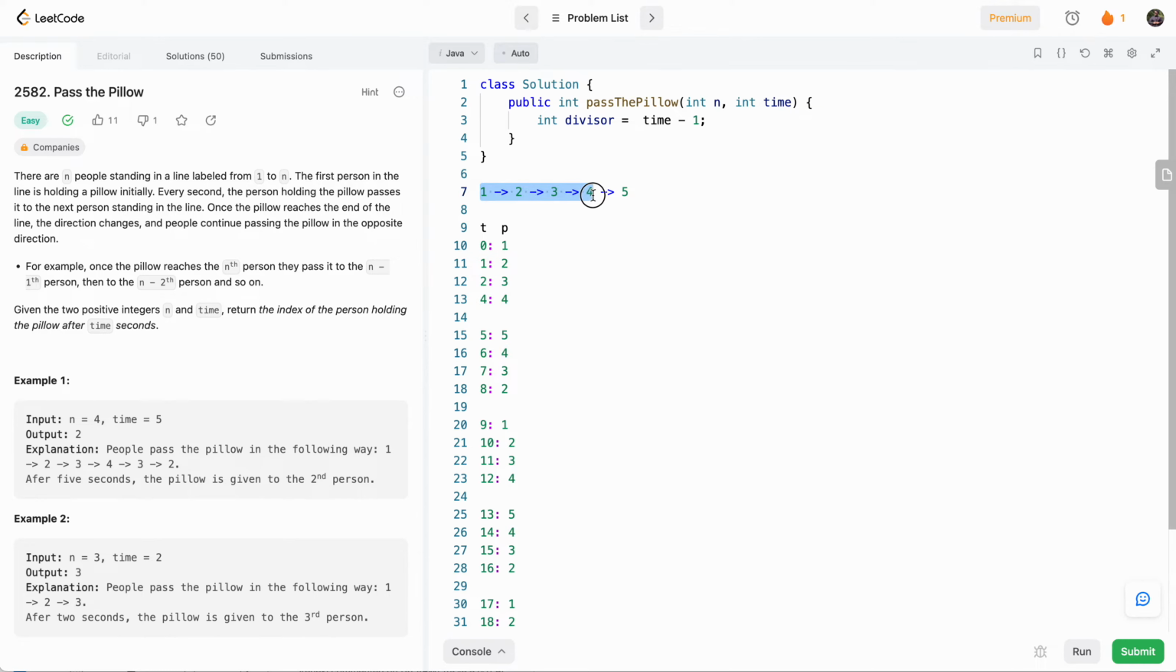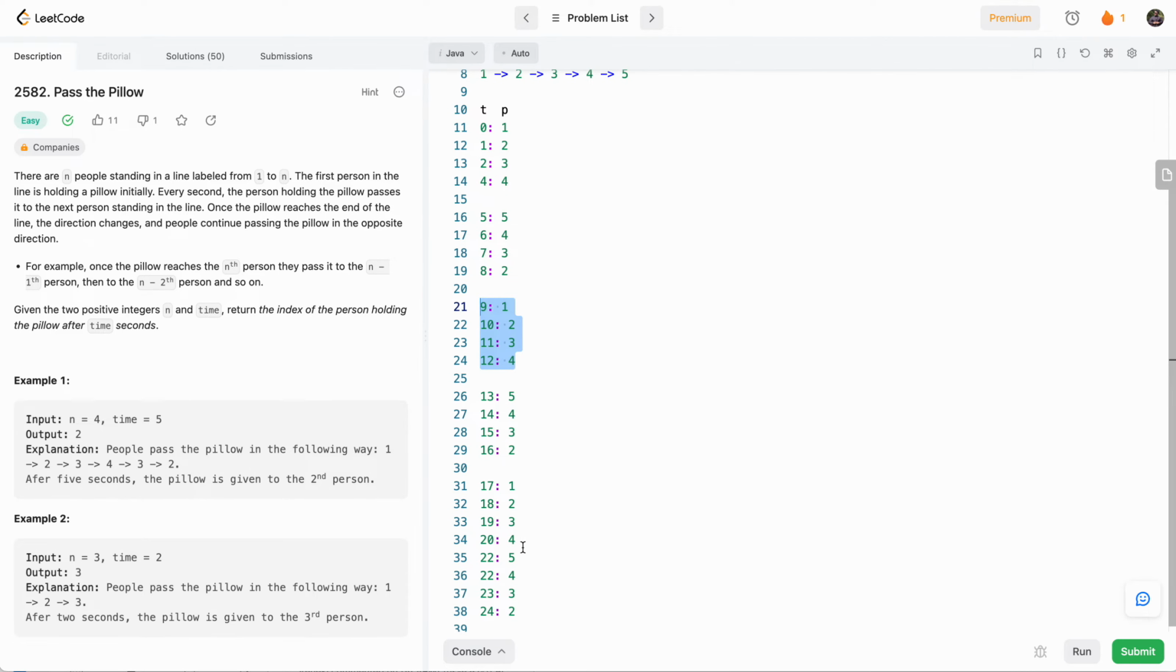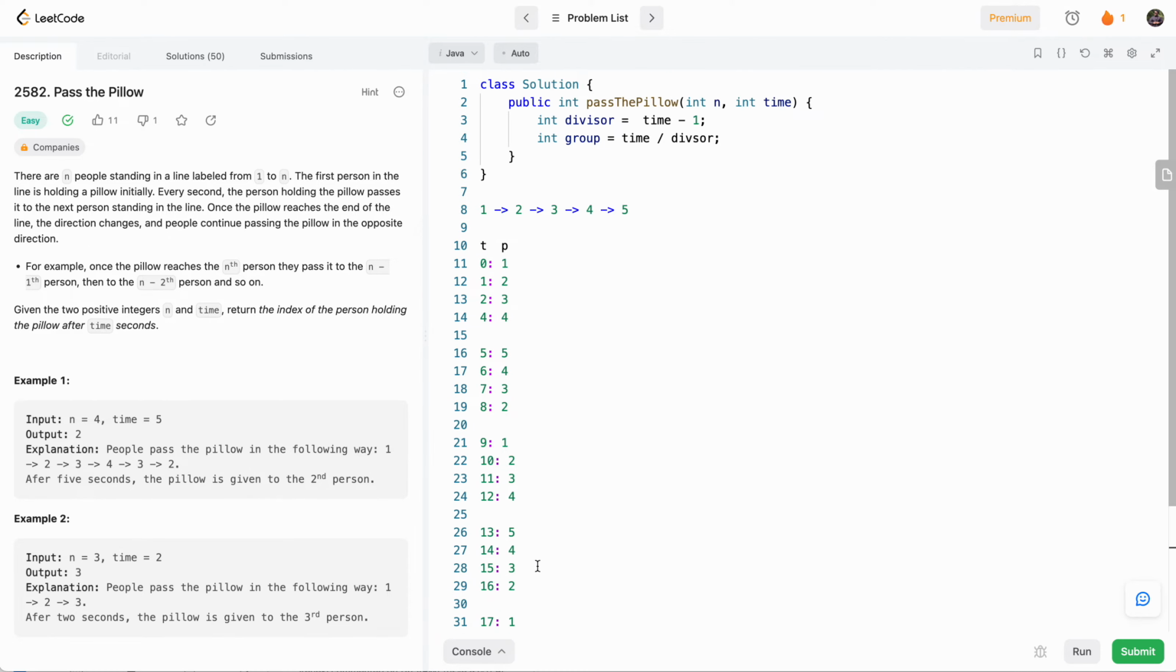To do that, we'll say int group is equal to time over divisor. Basically we want to know which group the time ends in. So this is group 0, this is group 1, this is group 2, and so on. For all of the even groups, group 0, group 2, group 4, we're going this way. And then for all of the odd groups, we're going the other way. So we'll just say, okay,